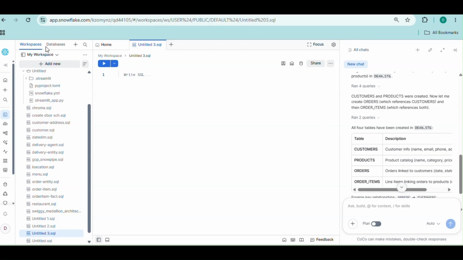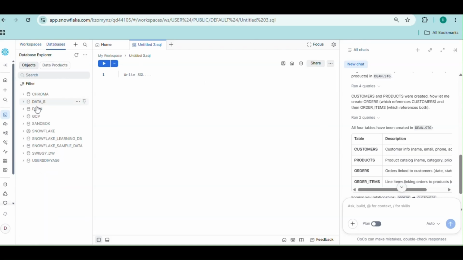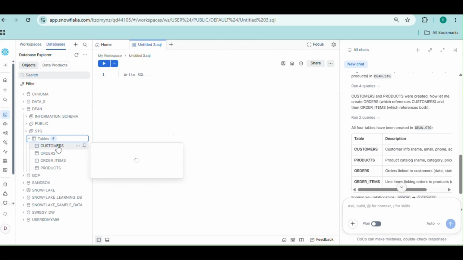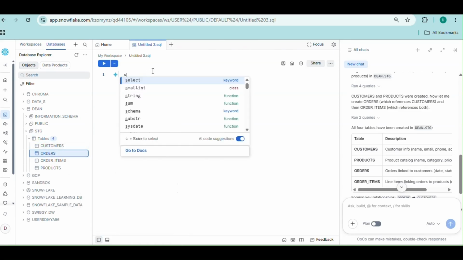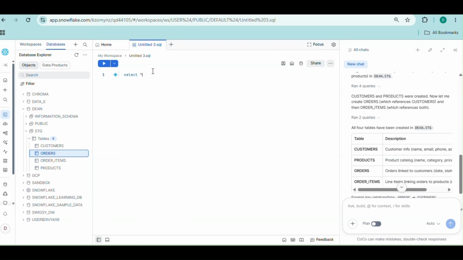Let me see this. Let me go to my databases and refresh once. Under my Dean database and stage schema, you can see 4 tables have been successfully created: customers, orders, order items, products. If I run select star from customers,